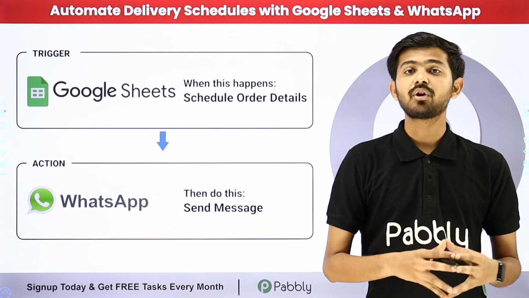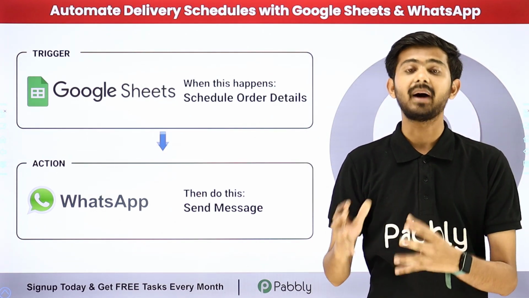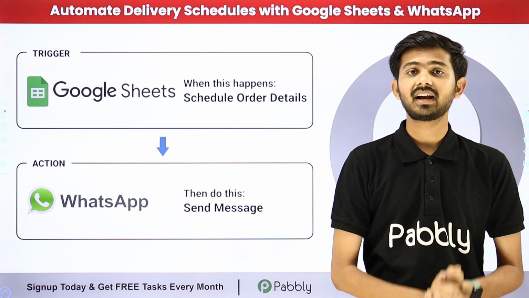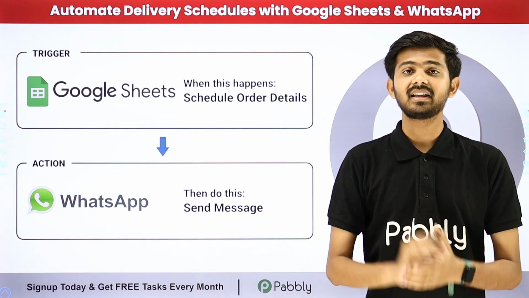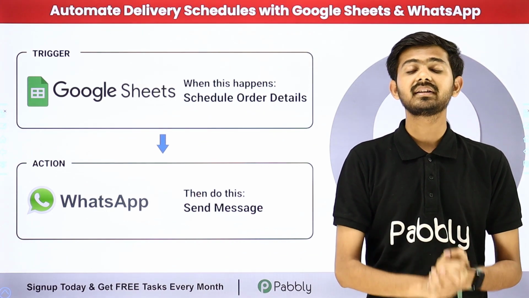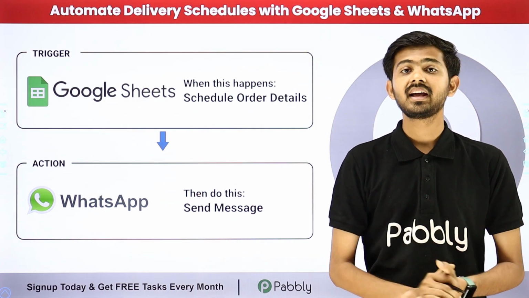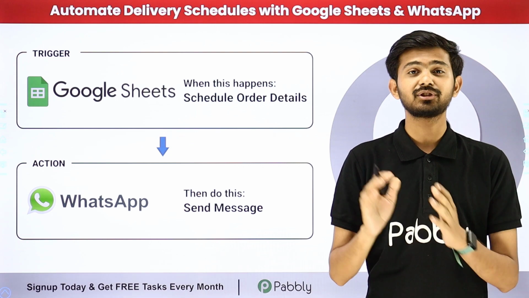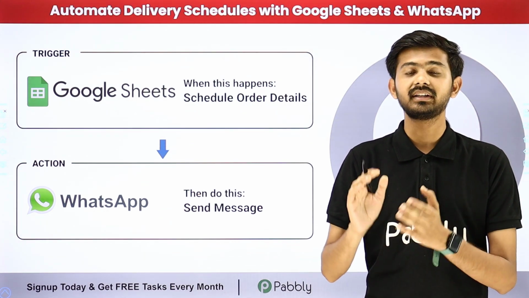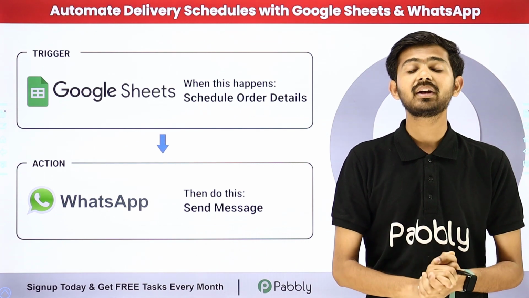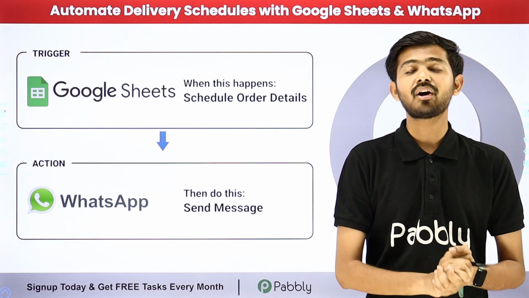So I work in an e-commerce company and I work in the delivery department. So here what I want is to create an automation in such a way that I have created a database in my Google Sheet where I'm going to add the details of all my scheduled orders, and whenever I add a new detail of a scheduled order in my Google Sheet, then automatically by using that scheduled order details, I'm going to send an automated WhatsApp message to my customer that their order has been